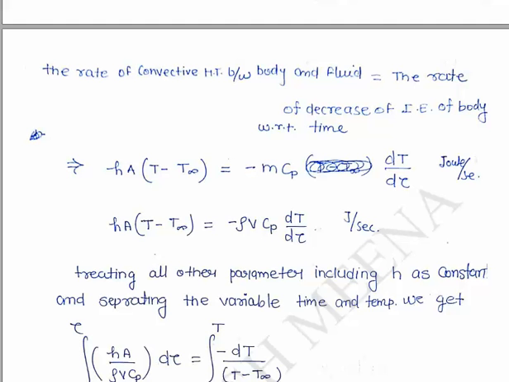as we know that rho is equal to mass by volume, the density is mass by volume. With the help of this, we replace the value rho V by m, treating all other parameters including h as constant and separating the variables time and temperature. We will get the equation